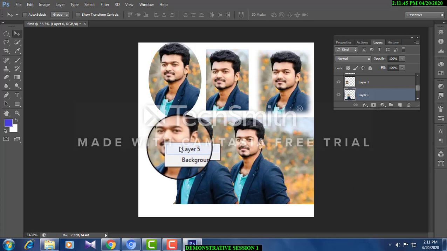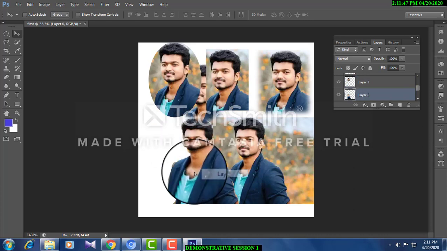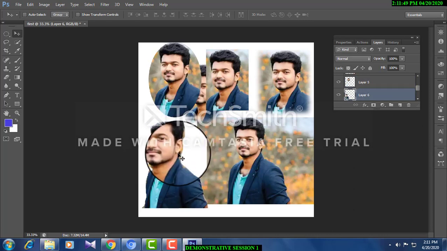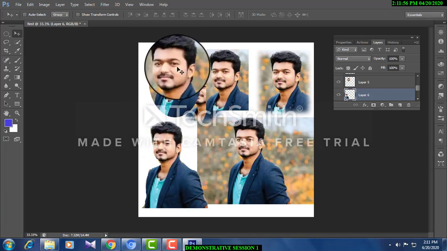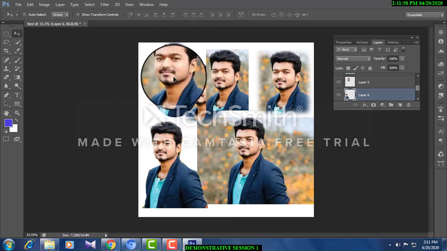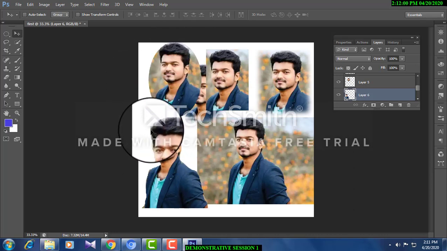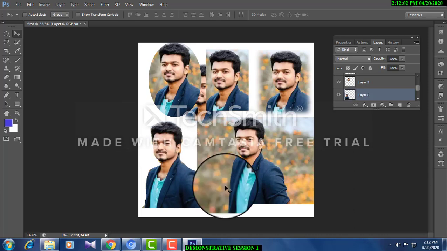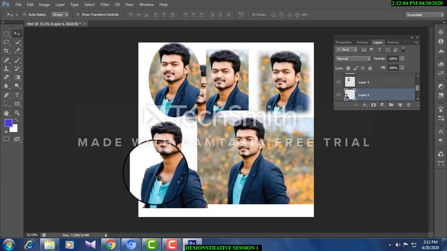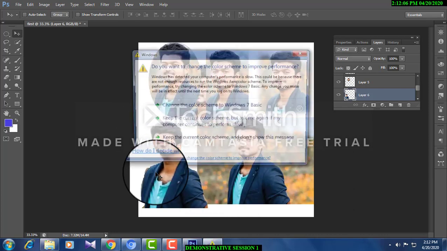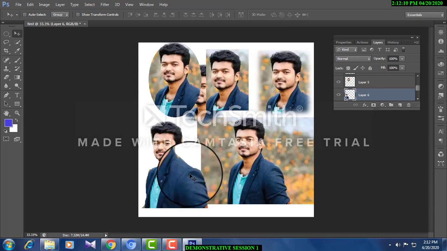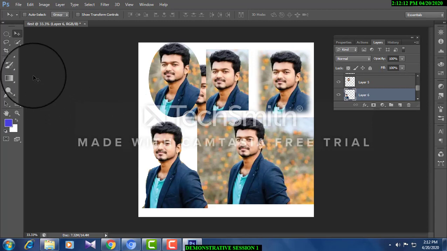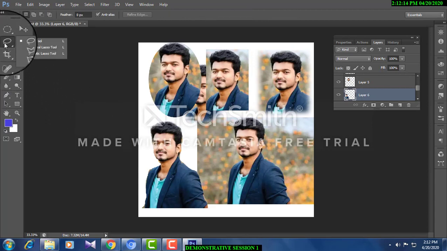Are you able to see the difference now? I'm just taking it on the top. See, now the selection is not proper. You will have to select it properly. Now my dear friends, what is the difference between this and this? These are all defined shapes, either elliptical or rectangle. But here we are able to crop the selection freehand. Freehand means you can select whatever space you want. For example, if I want to select the face alone, I can do it.